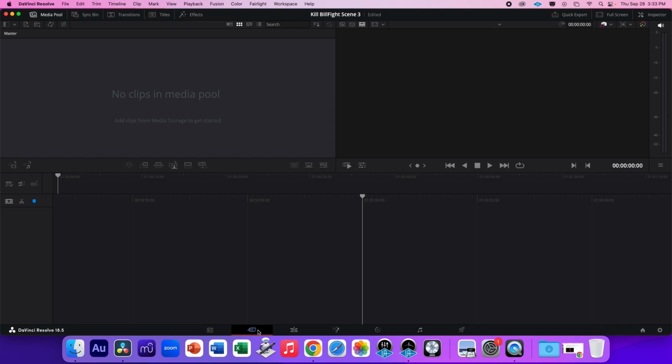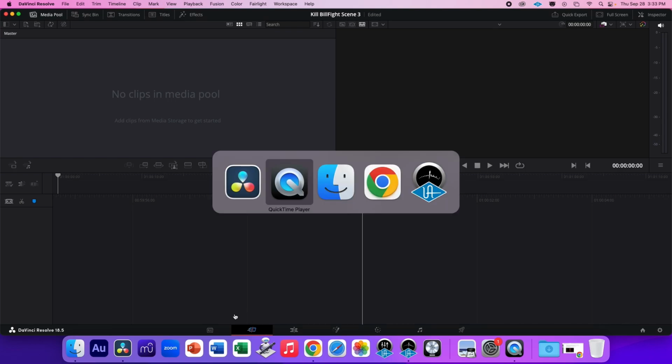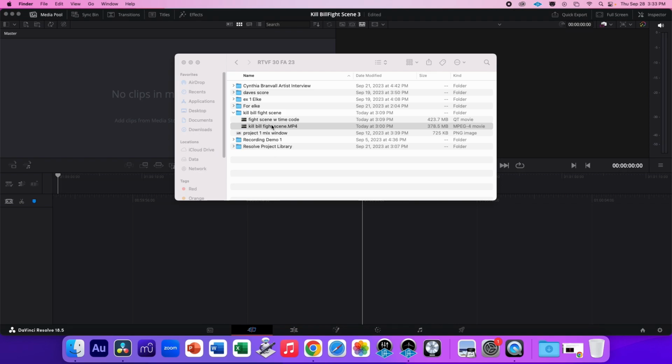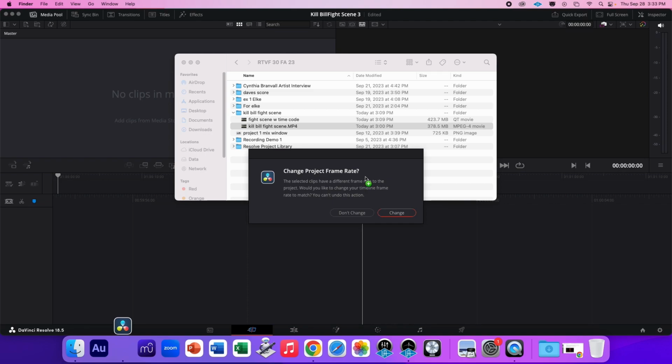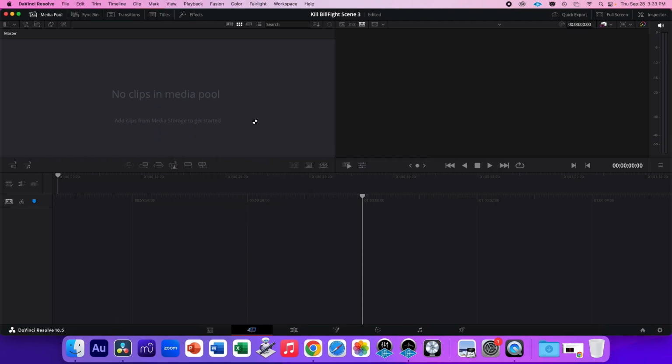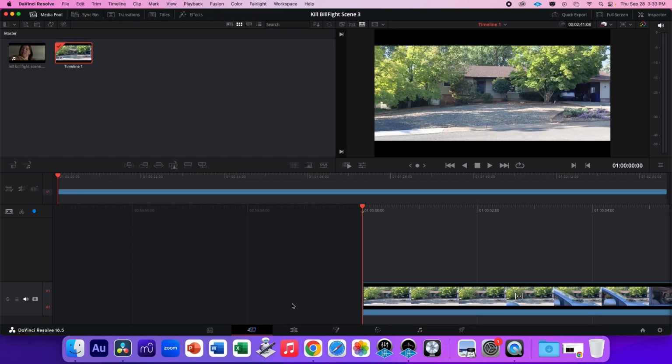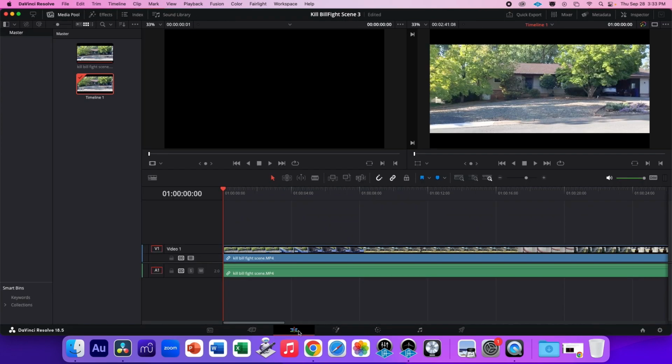You're in the trim window currently. Navigate to your Finder. That file that you downloaded for the movie, drag that into the clips area here. Go ahead and change the frame rate. And it's going to import the clip into the media pool here. Once it shows up here, you can drag it into your trim window and then click here to your timeline